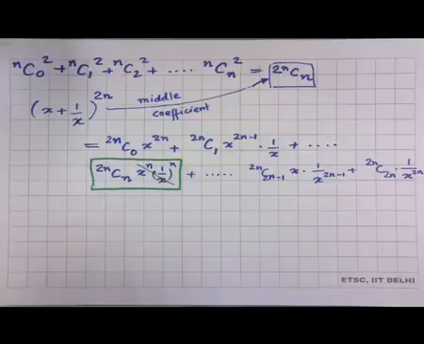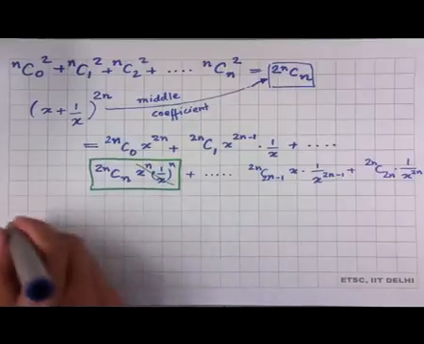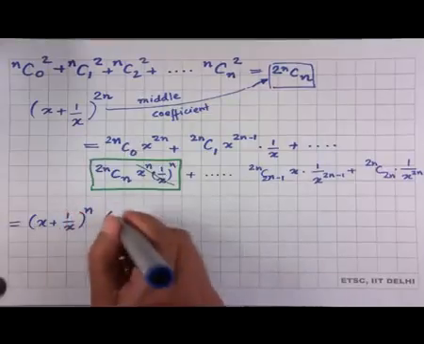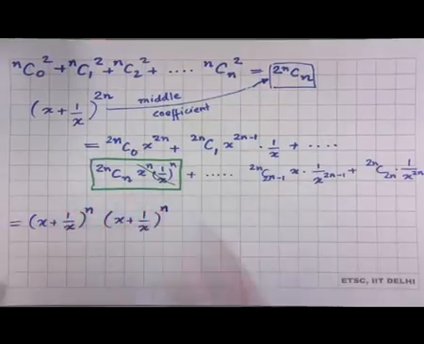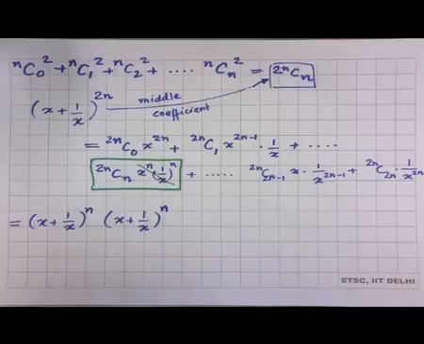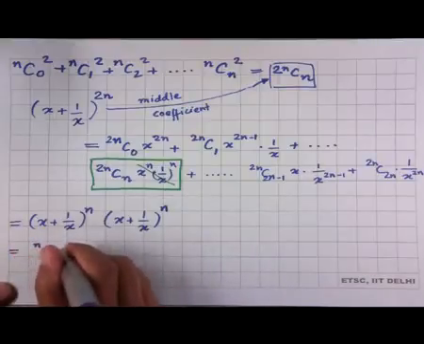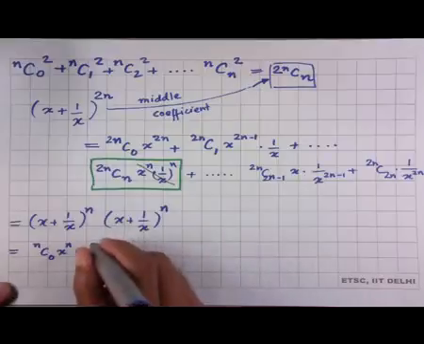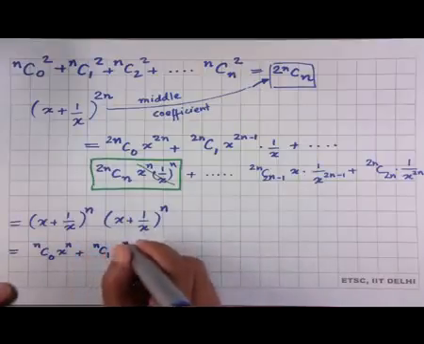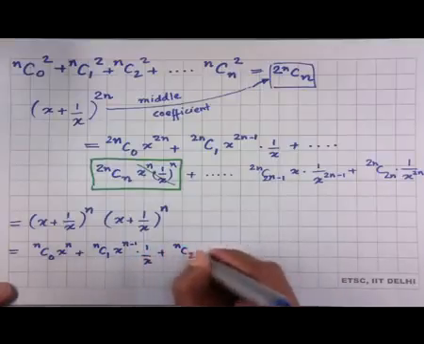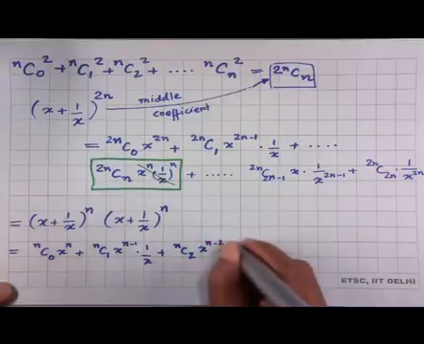Okay. Now, is there any other way of breaking up x plus 1 by x whole power 2n? Any other way? Yes, there is. You could break it up as x plus 1 by x whole power n times x plus 1 by x whole power n, right. And how do you do x plus 1 by x whole power n? NC0 x power n plus NC1 x power n minus 1 times 1 by x plus NC2 x power n minus 2 times 1 by x squared,